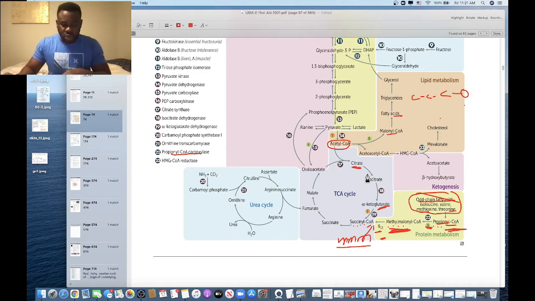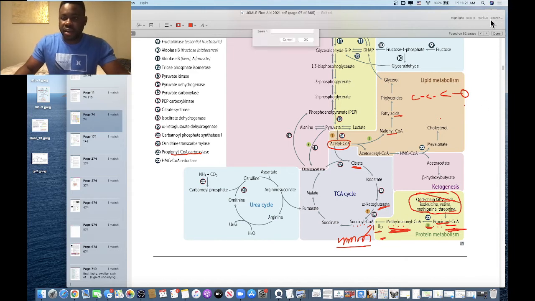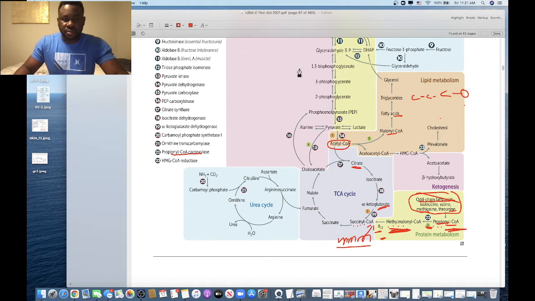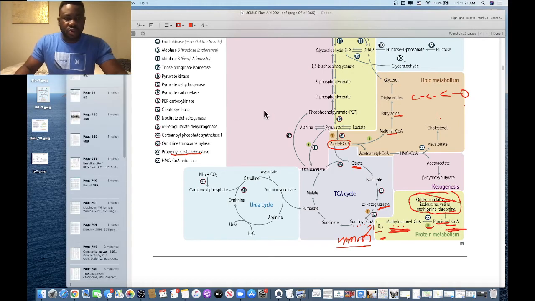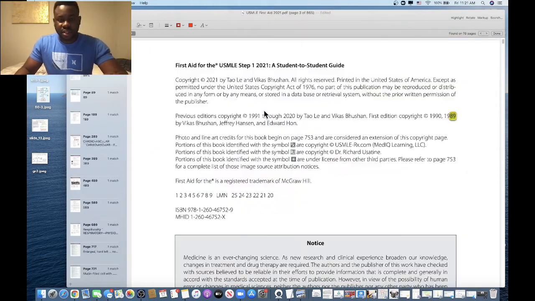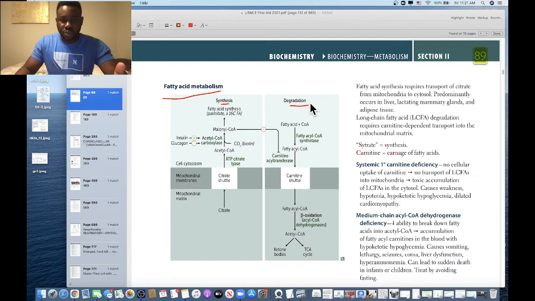So let's go back to what we are doing for today. That's page 89, and then we can continue from there. Now, I want you to understand that in fatty acid synthesis, there are two pathways. The first one is the normal pathway, and the second one is the de novo pathway. The de novo is the new pathway, in that in the normal pathway, it is just when we eat fatty acids in our diet,